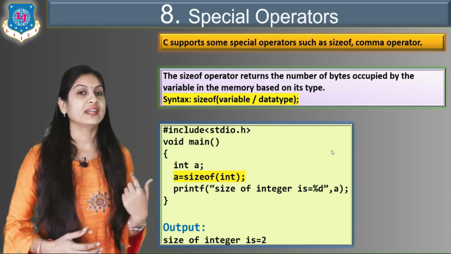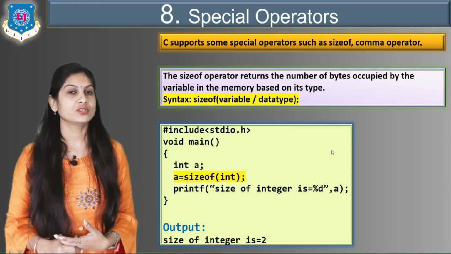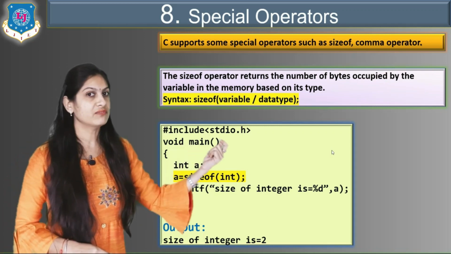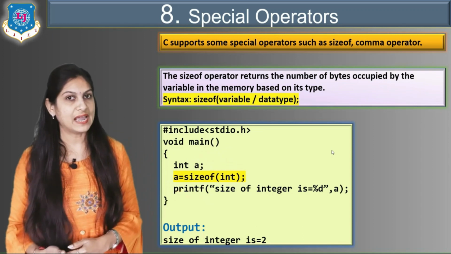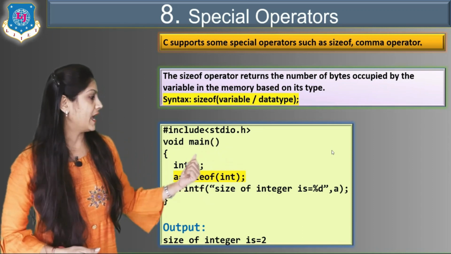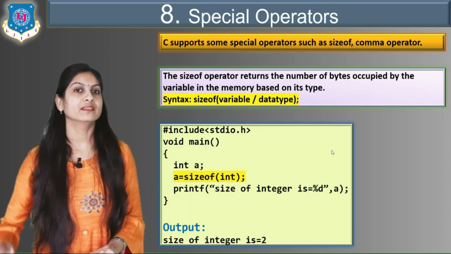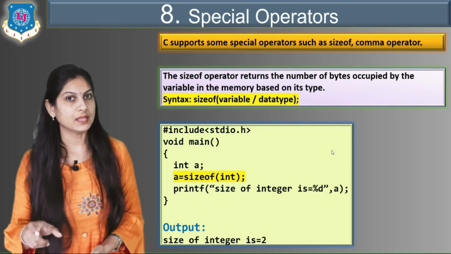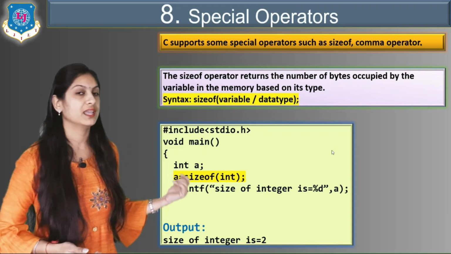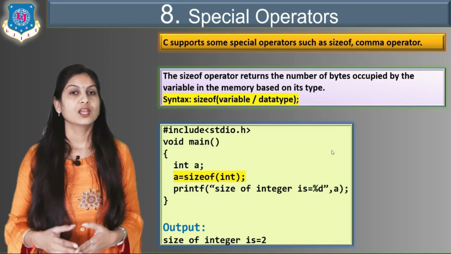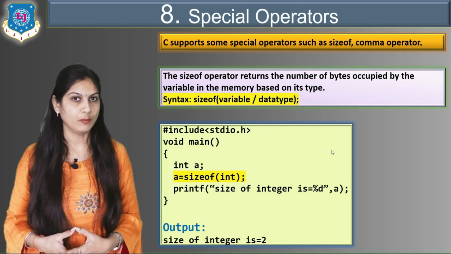But instead of a data type, if you want to check a variable, then what can you do? Simply add one variable, like int a is there, so add another, that is b, and simply put sizeof in brackets b. So what happened? The b is nothing but the same integer kind of data, so it gives the same answer, a equals 2. Clear? So you can use a variable or a data type in the sizeof operator.